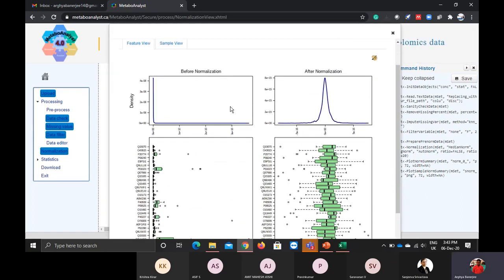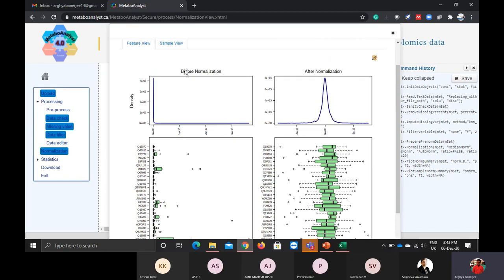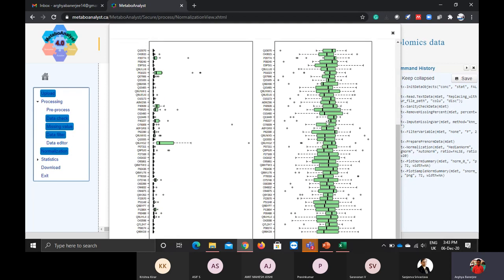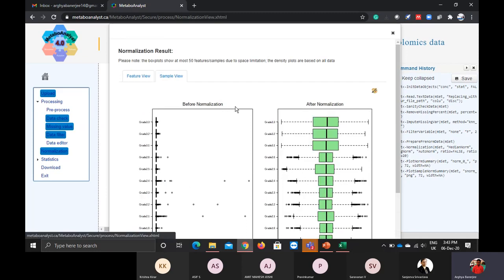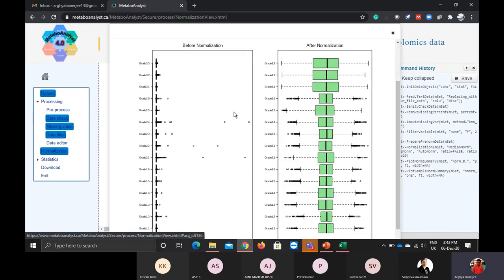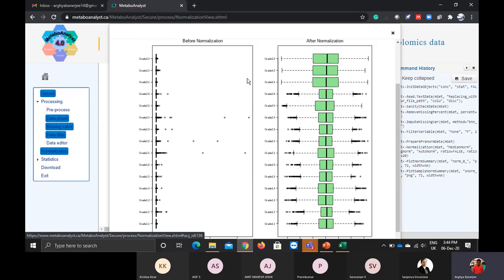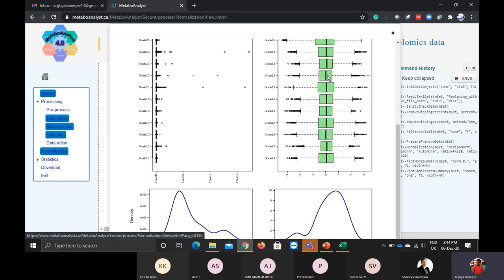So see, this is my not normalized data. These are my features, the protein features which have been recognized with the mass spectrometry. This is before normalization and this is after normalization. You can see more of the features are at the center. If I go sample-wise, you can see my grade 3, grade 2, grade 1 are all scattered, but now they are brought near the center.